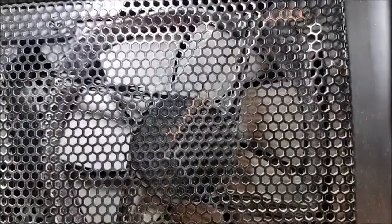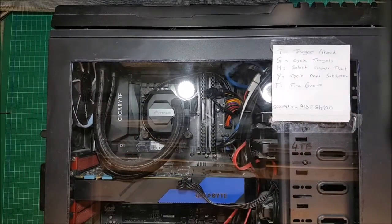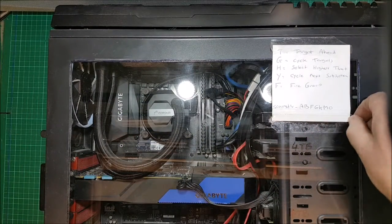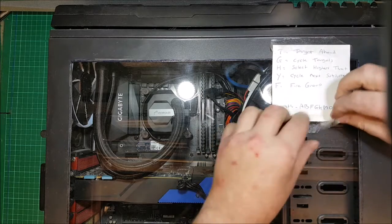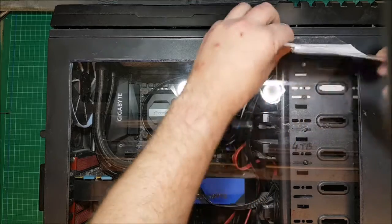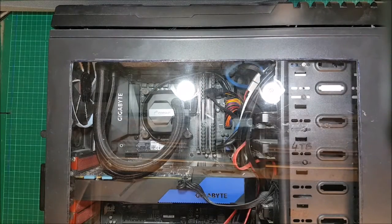Well, underneath the dirt and grime, it's here. Now forgive this, this is my quick attacking codes for Elite Dangerous. Basically, when I don't know how to target things, I'll just look at that. Right,